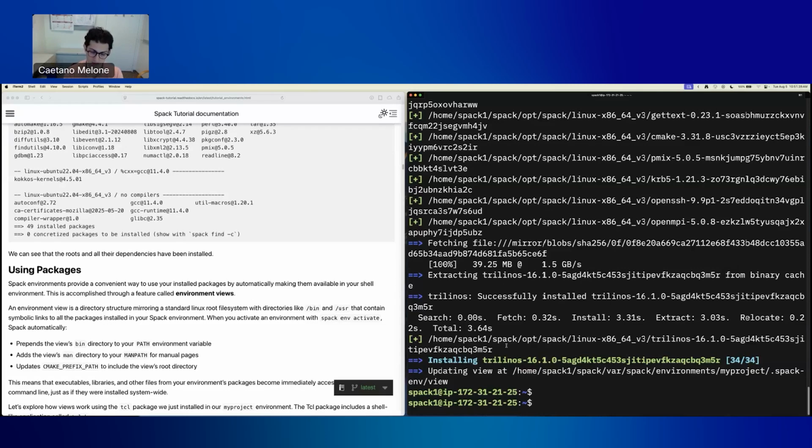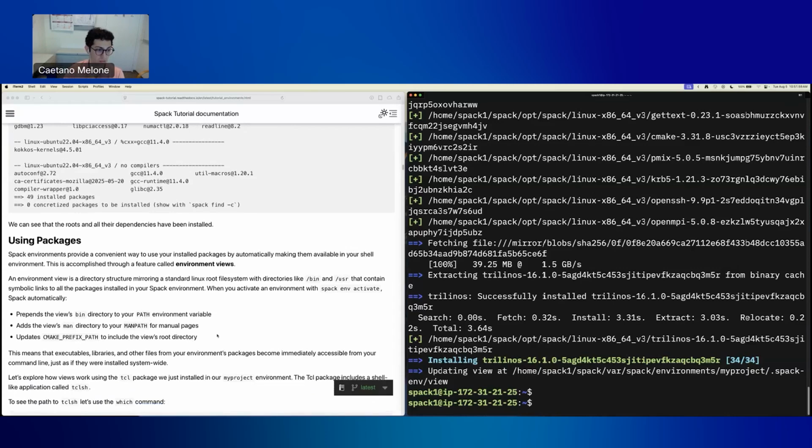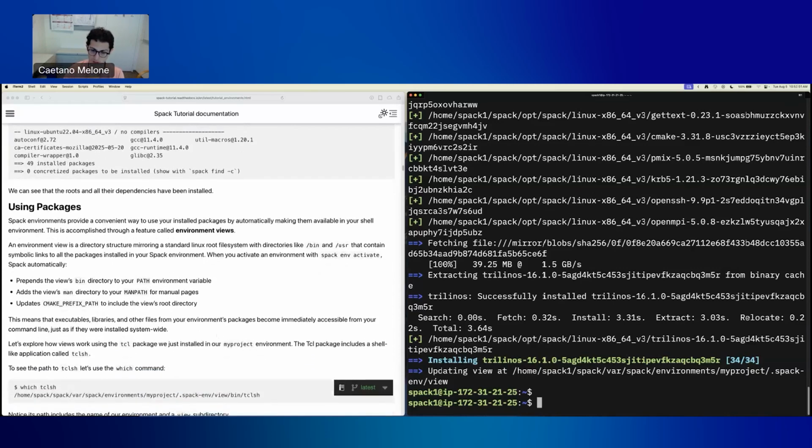An environment view essentially creates a symlink from the installation of that package to bin paths, user paths, library paths, man paths underneath that view. And as we'll see later, they automatically get added to those environment variables. But we can demonstrate that this actually works